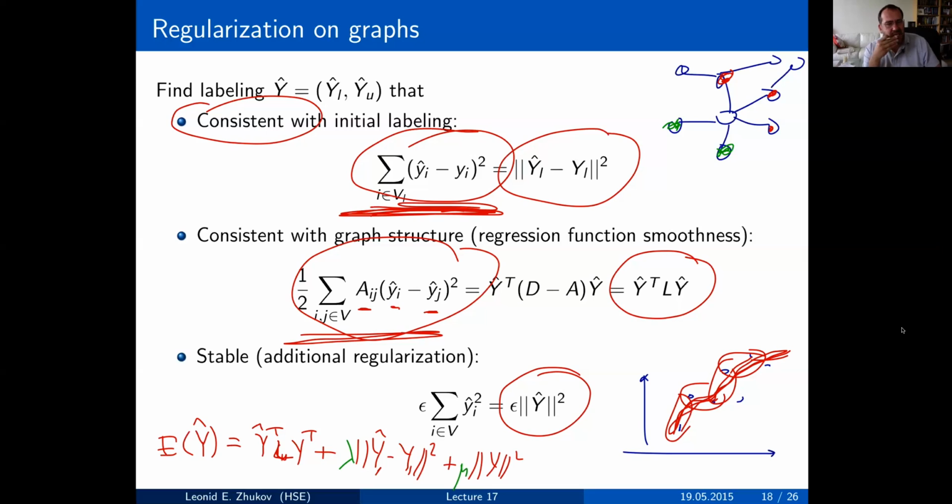So what I'm saying is you can assemble an energy function that you can minimize to find the best labeling. This energy function will contain a term that allows you to match your function to the labels that are given, and a term that tells you that your function should be smooth. This term, Y transpose L Y, where L is the Laplacian, is equivalent